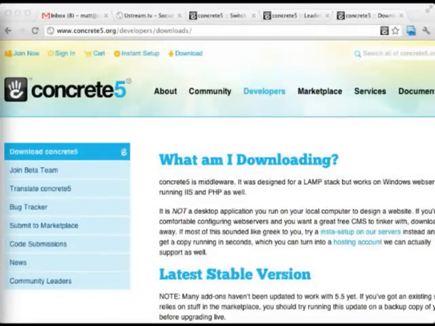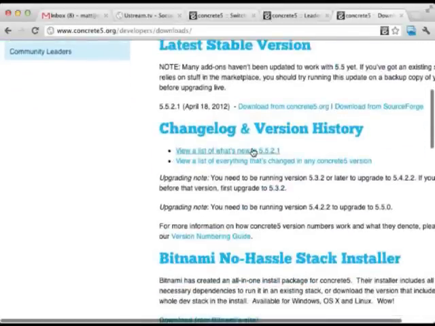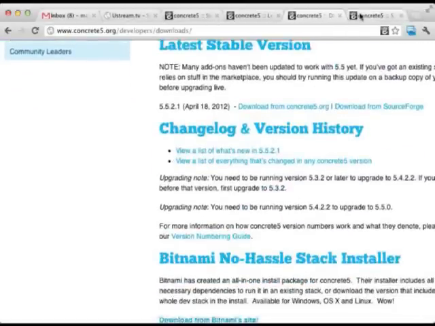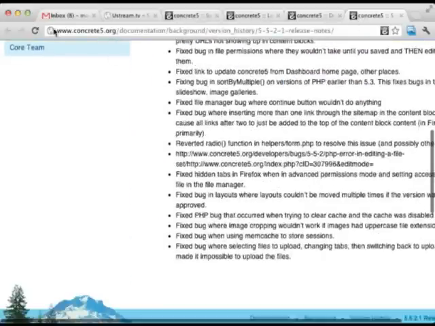No, there's a roadmap page that we added a couple weeks ago. If you go in the developer section, you go look at the version notes for any version. That's a beast of a way to get there. I usually go to the developers drop down there and then download concrete, and then what's new in the latest. If you scroll down a little bit, you go to a list of what's new in 5.5.2. There you go, click him. Here you get to the list, for each version, there's what's in it, and then on the left, there's a roadmap for the upcoming version. Nope, go back up, quick roadmap.